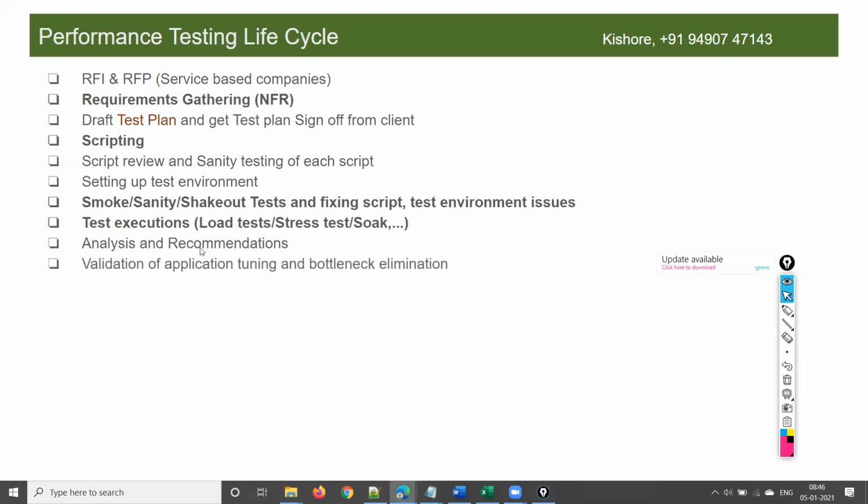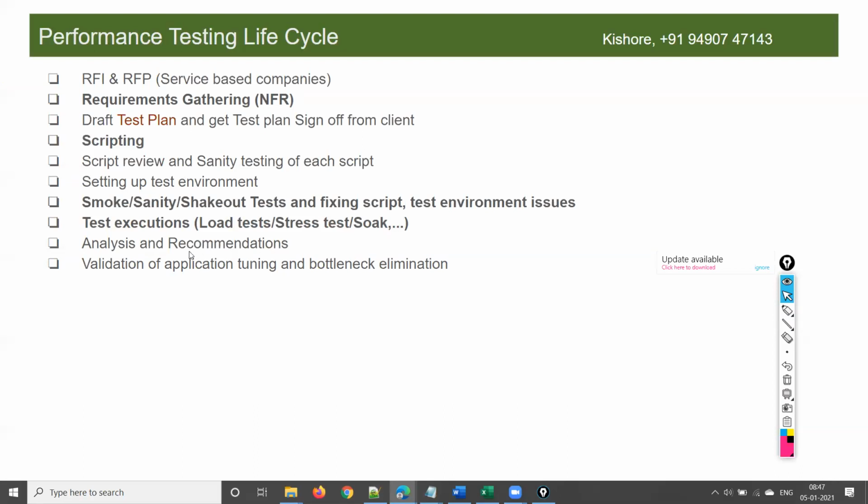Once the test is completed, we give a high level report to the client first, on the same day. We take 1 or 2 days to prepare a detailed report.